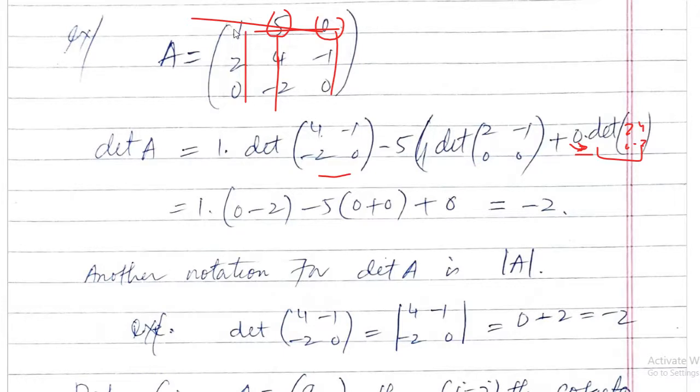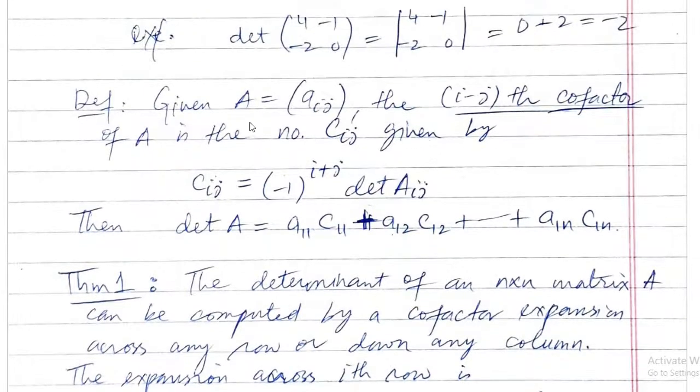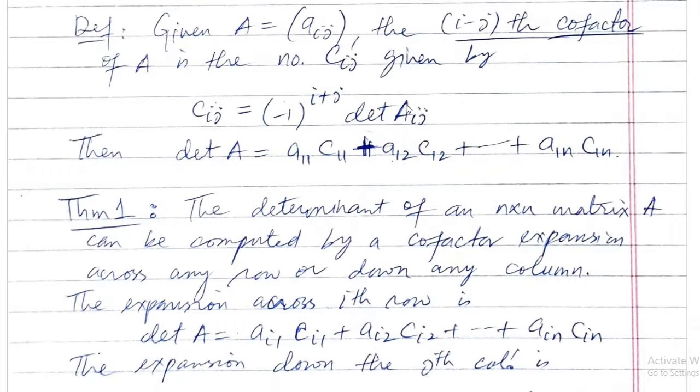So whenever you pick a row and column, pick the row and column which has the most zeros in it, because whenever you have 0, you have no contribution from that element, so it will save your time. Now you see the ijth cofactor: if I take the same determinant Aij by removing the ith row and jth column, but I multiply the appropriate sign as well, for the first one plus, for the second one minus, and so on, then we call it the cofactor. So if you pick any row and multiply by their cofactors, you get the determinant. We also call it the cofactor expansion of the determinant.